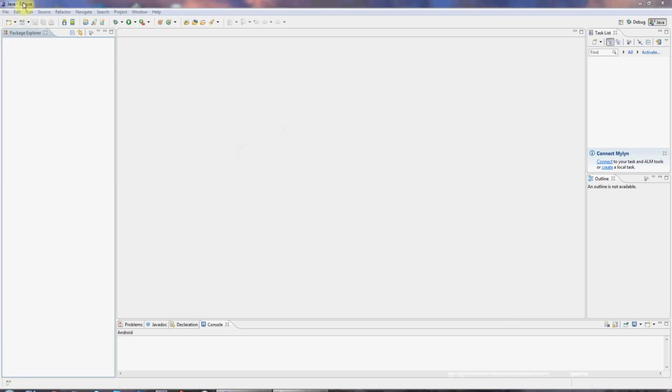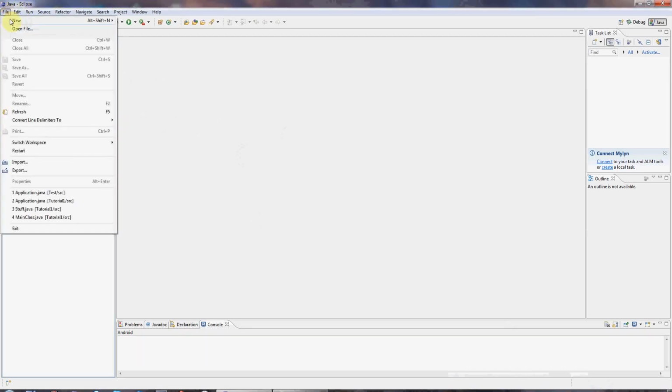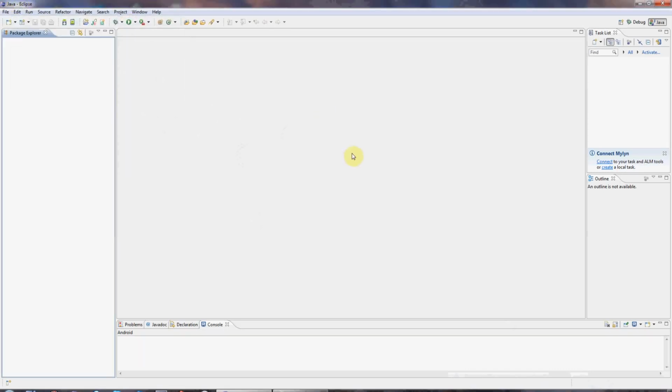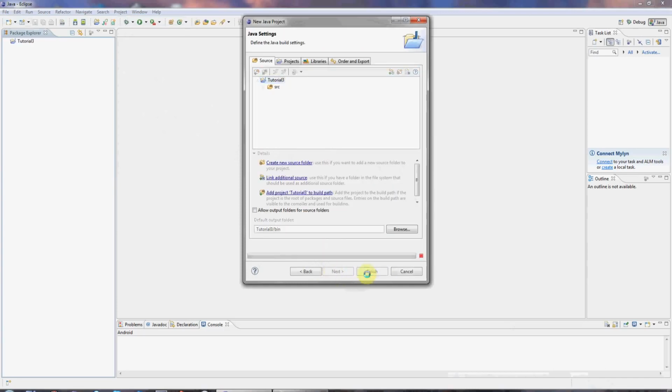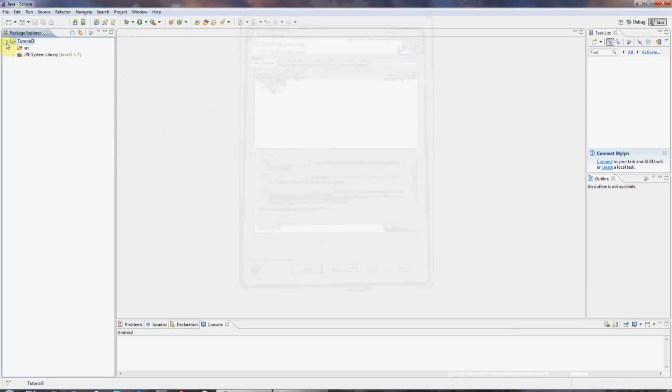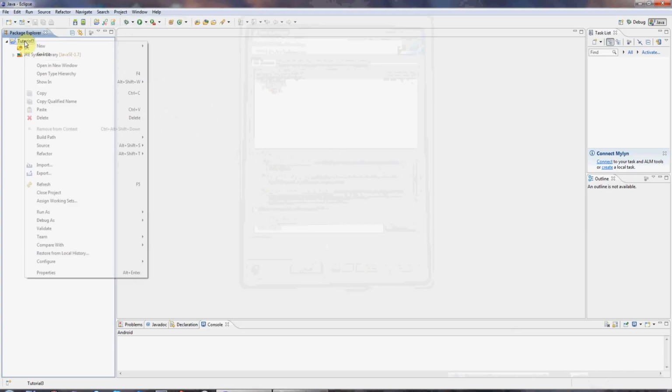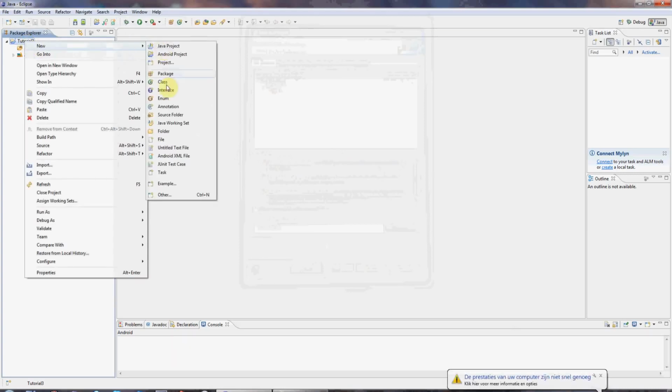So I'm in Eclipse as usual, and I'm going to create a new Java project, and I'm going to give it a name. Let's call it tutorial 3 and click next and finish. Now, as in the first tutorial, we're going to create a class which will be the only class in our little test program here. I'm going to right click on the project folder and go to new class,